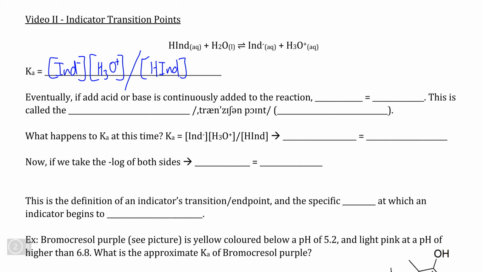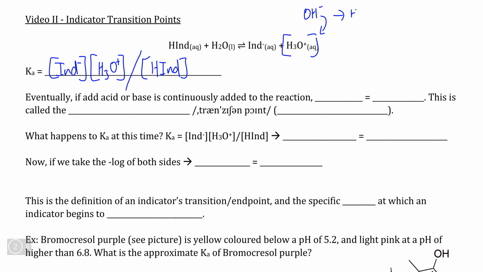divided by the concentration of the acid form of the indicator. In the previous video, we talked about how we can shift the equilibrium, justified by Le Chatelier's principle, simply by changing the amount of H3O+ or OH- that are present. For example, if we add acid, that means that we are increasing the concentration of H3O+, meaning that we are increasing the reverse rate of our reaction, and therefore that will cause an increase in the amount of the acid form of the indicator. However, if we were to add OH- instead, the OH- would react with the H3O+ in